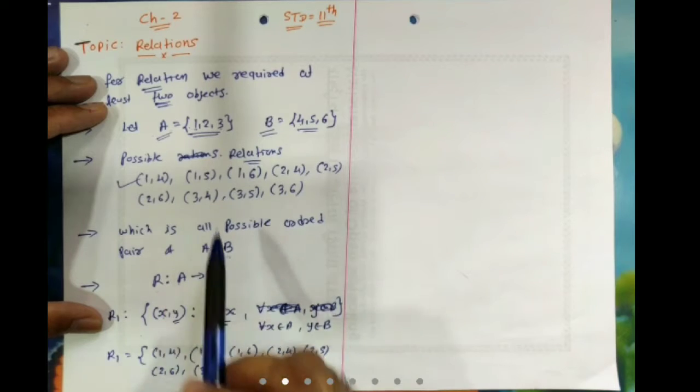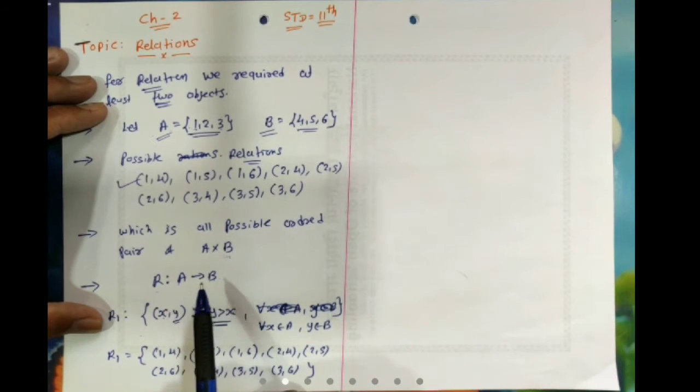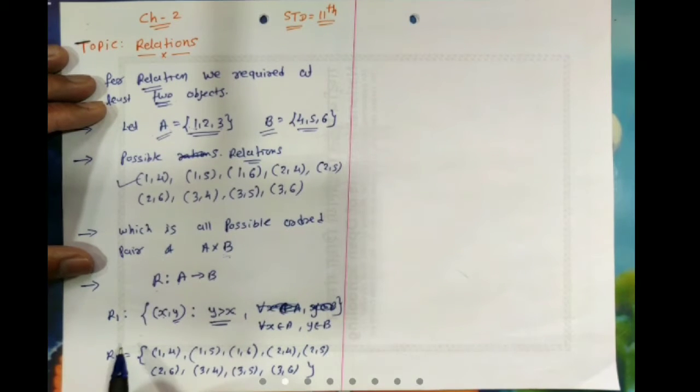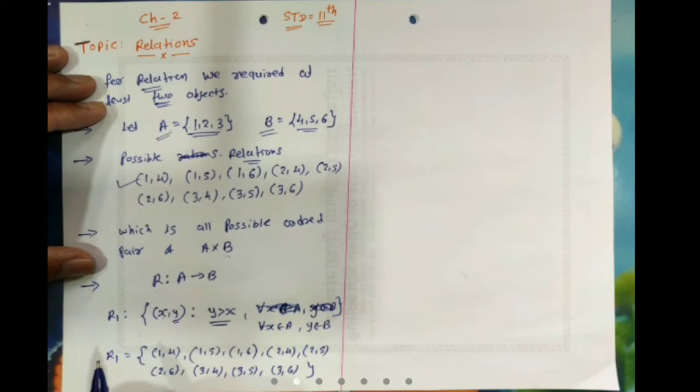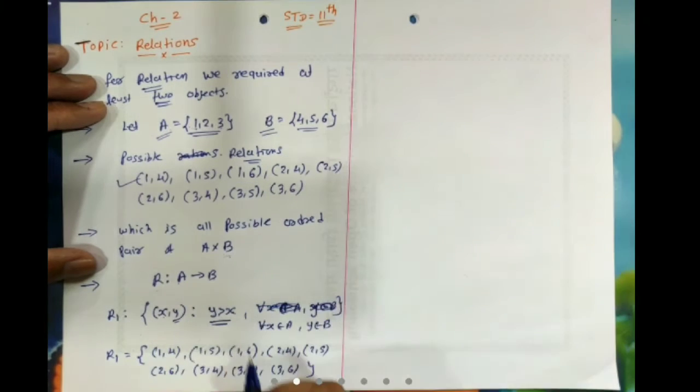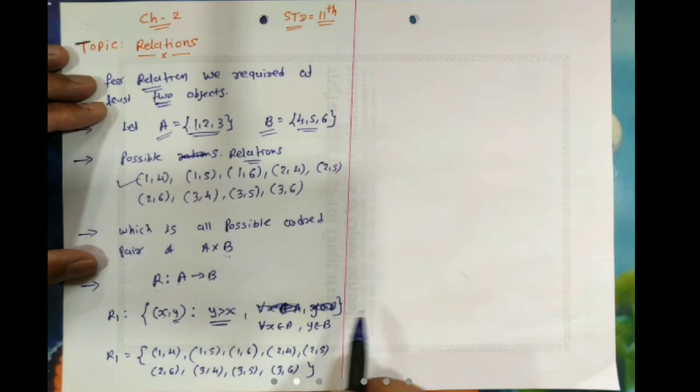जो भी हम A और B के बीच में रिलेशन डिफाइन करेंगे, the relation will always be made of ordered pairs from A cross B. Done. Now ये हमने पहला रिलेशन डिफाइन किया. Now we are defining one more relation between set A and set B, है ना? By analyzing this relation R1, you can make one conclusion that relation R1 is nothing but A cross B. It is not always like that, है ना? Relation R1 equal to A cross B, ऐसा नहीं हो सकता है.